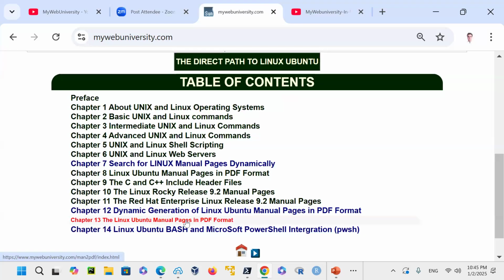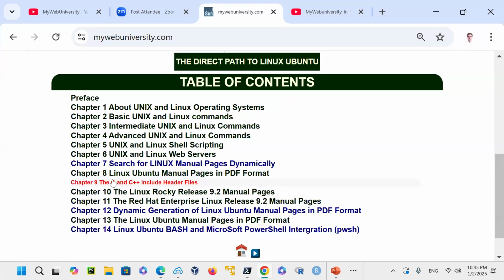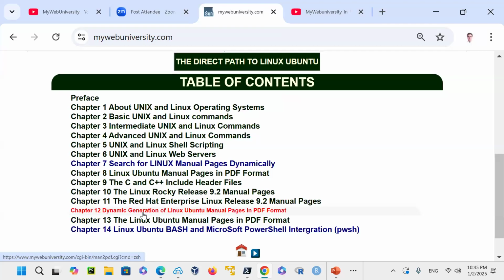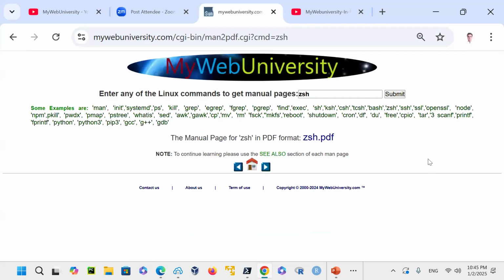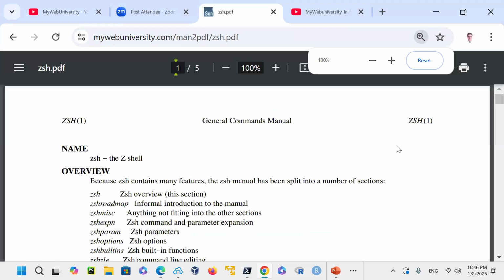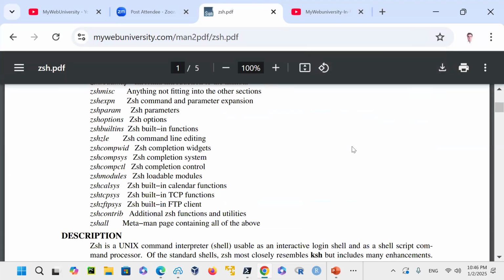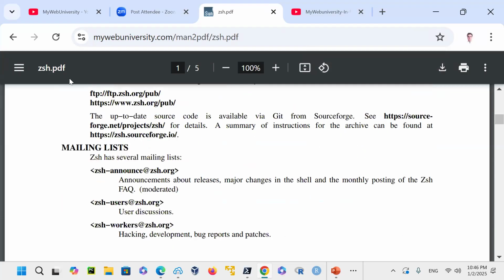So the entire internet could be at your fingertips by just visiting my website here and going to chapter 12. For example, let's say you're looking for ZSH. I provide you a ZSH.pdf file here, but the PDF file documentation is not good enough because it's only 5 pages. However, in the ZSH, for example, when you search for it, you could do Control F